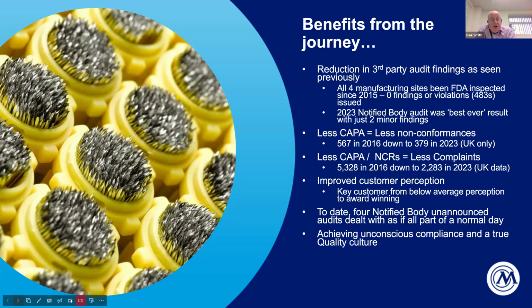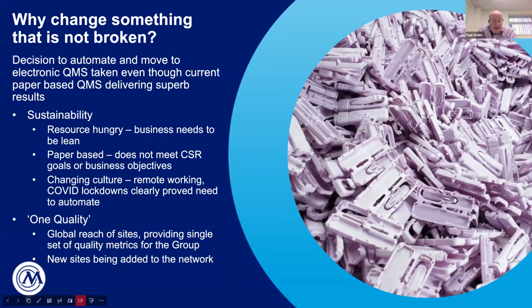So that journey took us through to a point where our paper-based quality system, the old paper-based system, was getting truly a great reputation from audit. And then I decided to go and break that by going from the paper-based system into implementing ETQ and digitalizing it. So the decision around that was